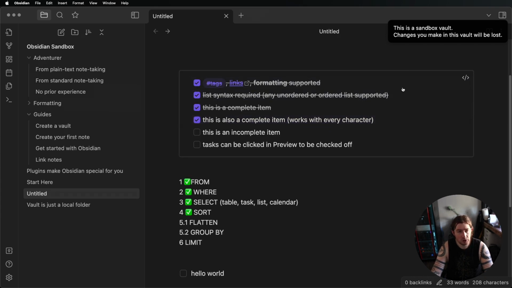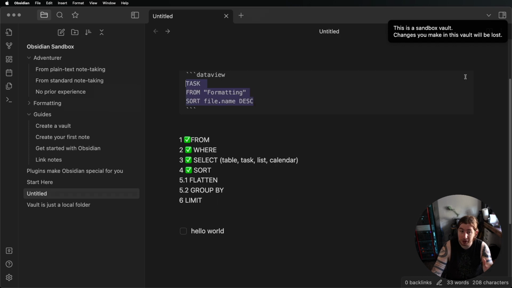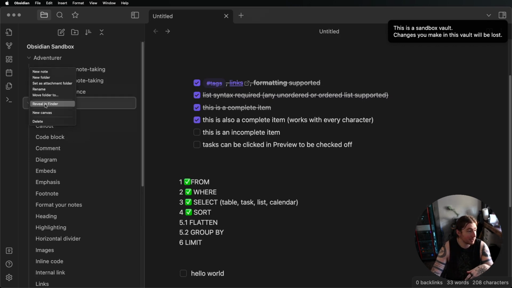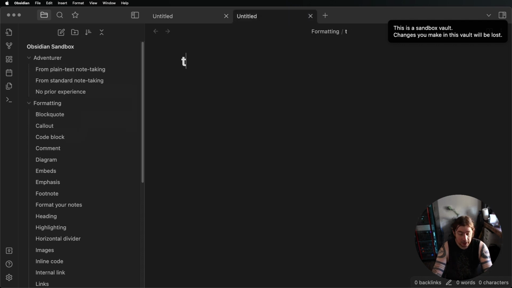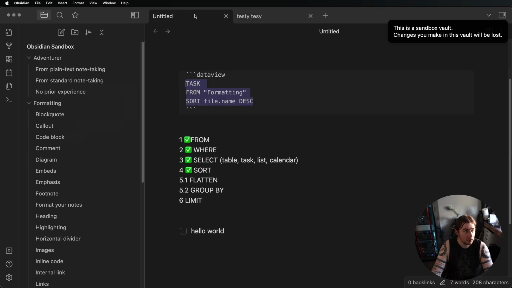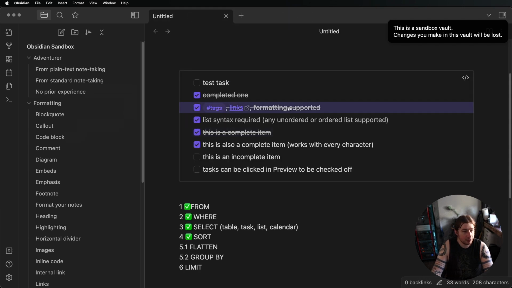Okay, so I don't see the file name. That's okay. I mean, it just gives you tasks, and it's still in the background sorting by the file name. That's the only file that's there. Because if I went to formatting and actually added a new note and said testy test, and then added a task, test task, completed one, just for reference, and then we go back here, now you can see, okay, but here's that and